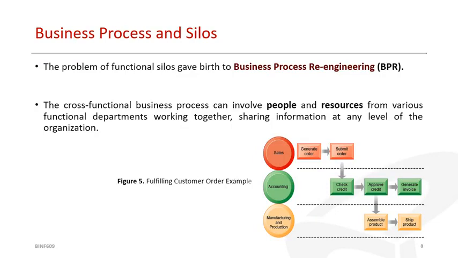The functional silo problem in the late 1980s and early 1990s gave birth to business process re-engineering. So what was the problem? The functional grouping often led to a short-sighted view of improving the division or department instead of the entire organization, which causes deviations from an organization's overall goals. While business process reoriented management on improving organization efficiency and effectiveness by focusing on business processes such as product development and order processing. So what is business process?